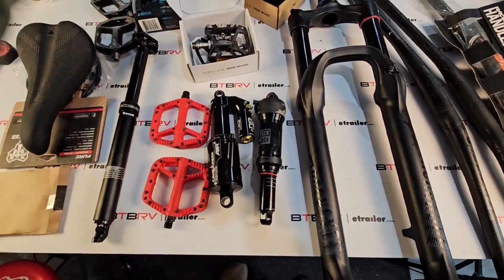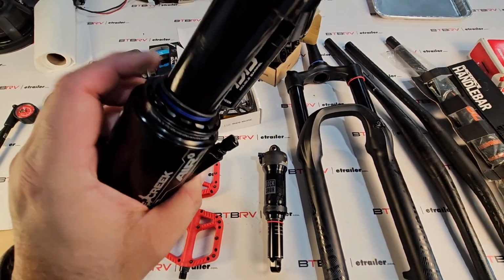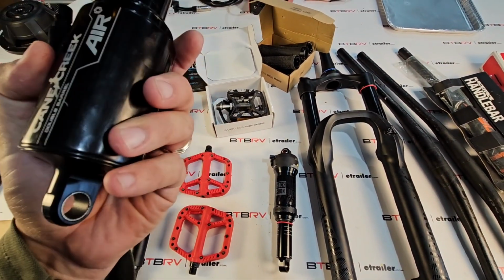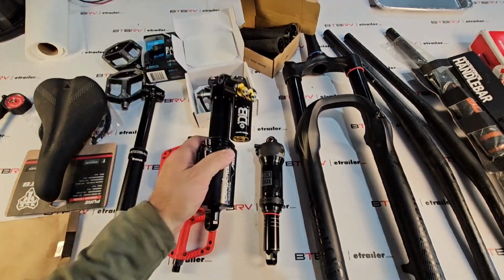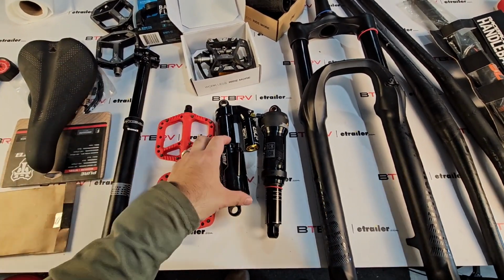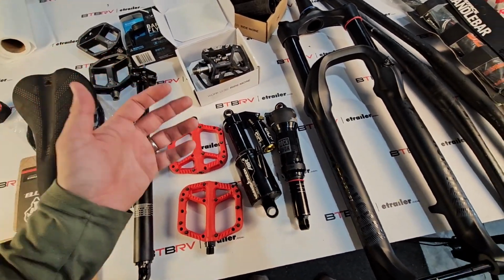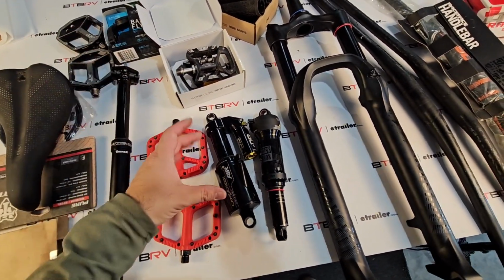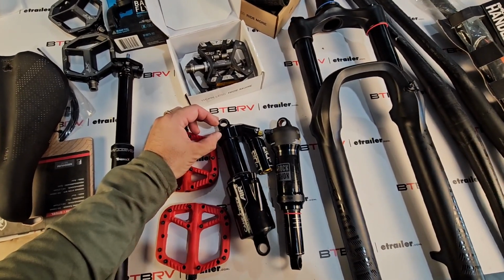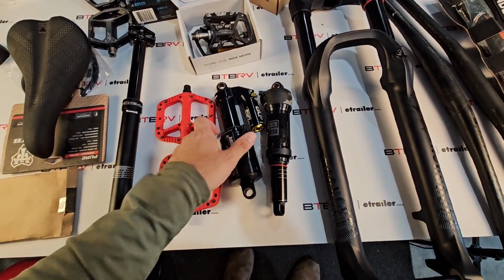This is designed for 100, I forgot exactly what the travel on this one is. They don't mark it real well. But I'm hoping I can actually retrofit this or get this one to work on the bike. So the Truxus, I believe they claim 110 millimeters of rear travel. I don't know if that's entirely true. It appears that there's maybe only about a 15 millimeter distance gap between the eyelets fitting,